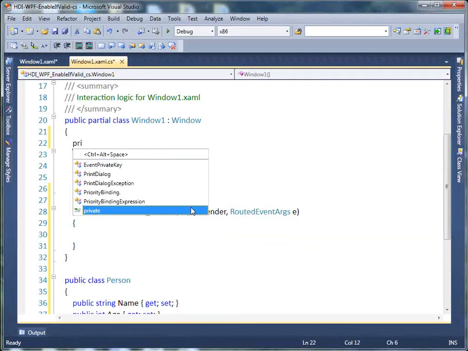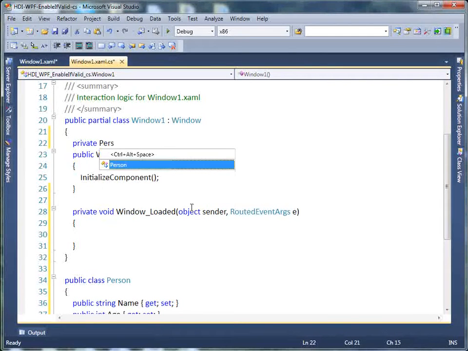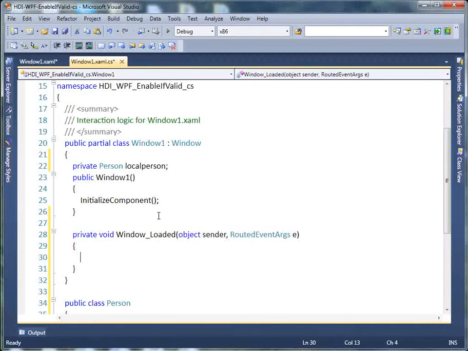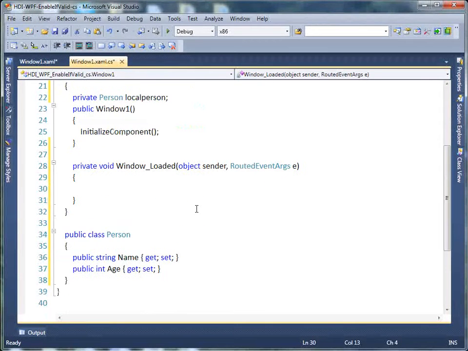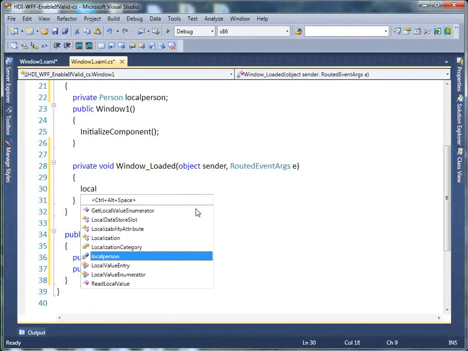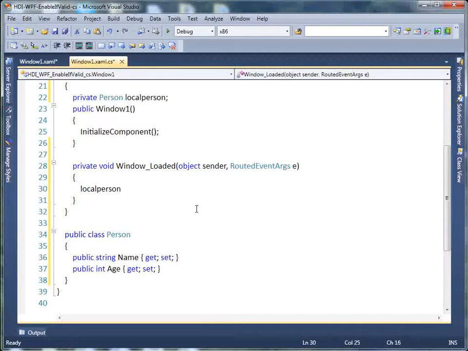We'll do private type Person, and we'll call this localPerson. And we'll go down to our loaded event, and we'll say localPerson equals new Person,